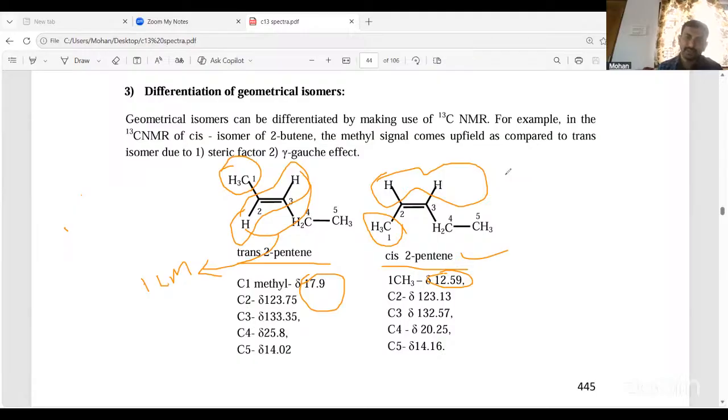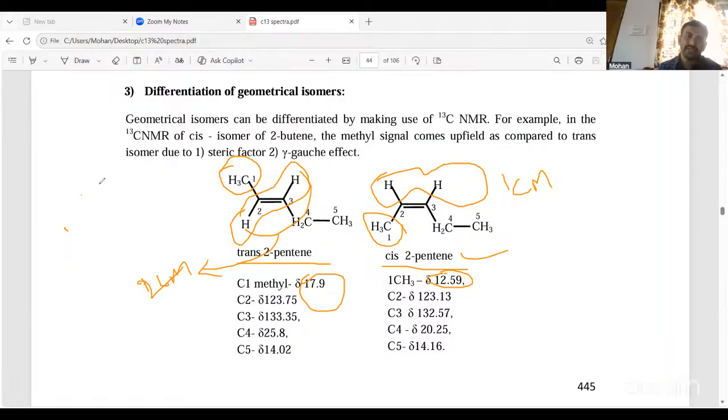Sorry, 0.5 centimeter. Or if you take this as 2 centimeter here, this is 1 centimeter. So this means we call this the spatial arrangement, spatial, S-P-A-T-I-A-L, spatial arrangement of the atoms. So these are called stereoisomers, where they differ in the spatial arrangement, and these stereoisomers were classified into